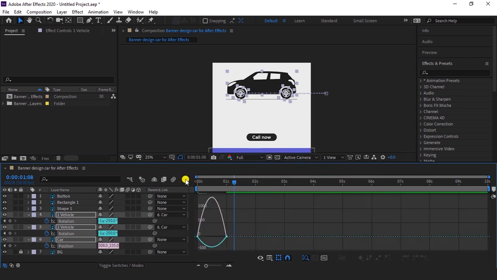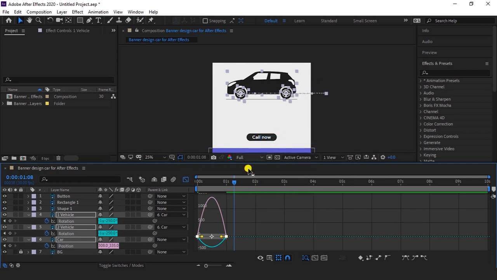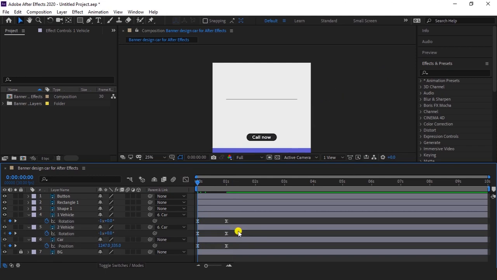Now open graph editor, and if you have no graph like this, right click on here and choose edit speed graph. So I have already selected this. So make your graph like this, and if you play your animation,